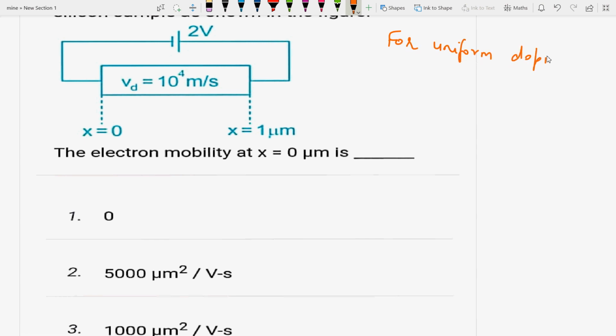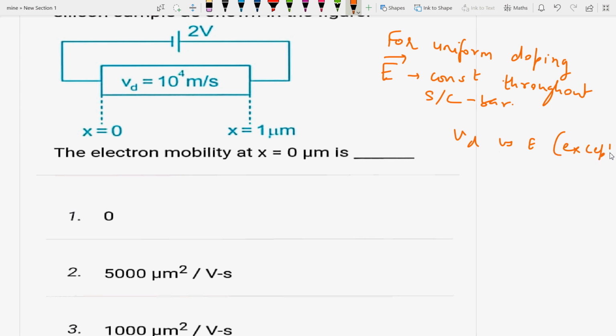Uniform means constant. The doping should be constant. For uniform doping, electric field is constant throughout the semiconductor bar. Throughout the semiconductor bar, the variation of drift velocity with electric field for most of the semiconductors except gallium arsenide, okay,